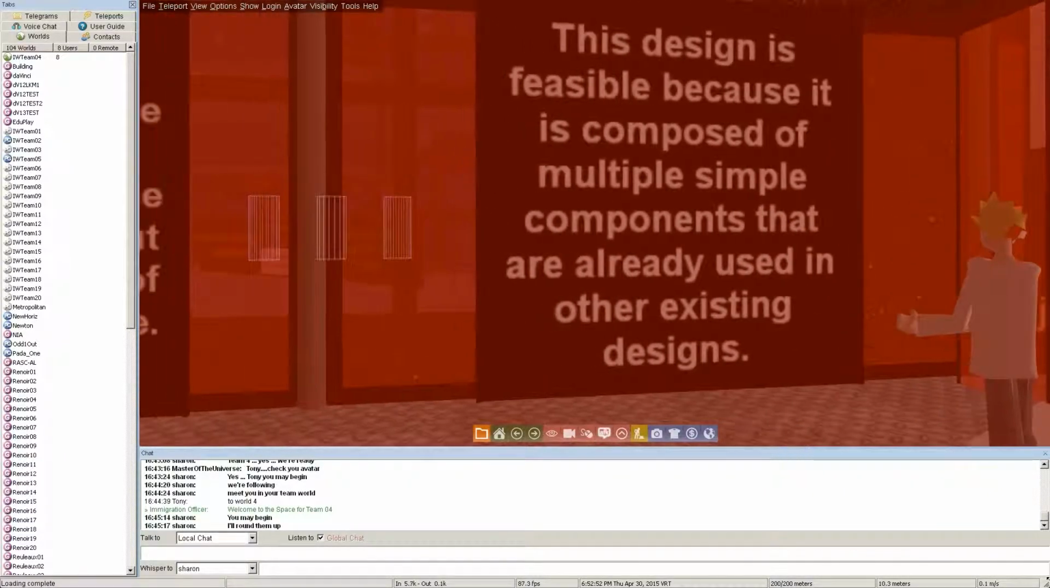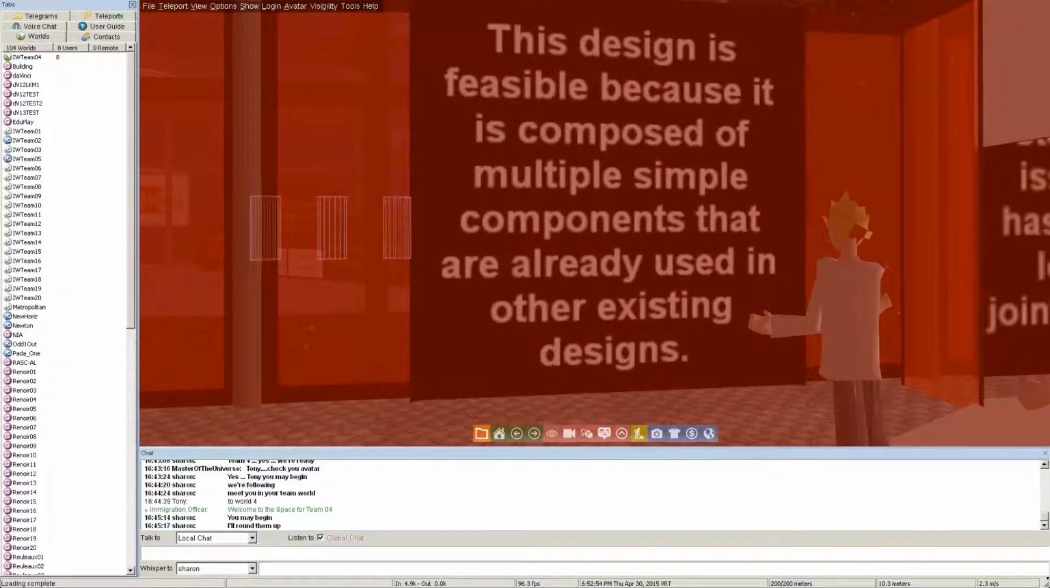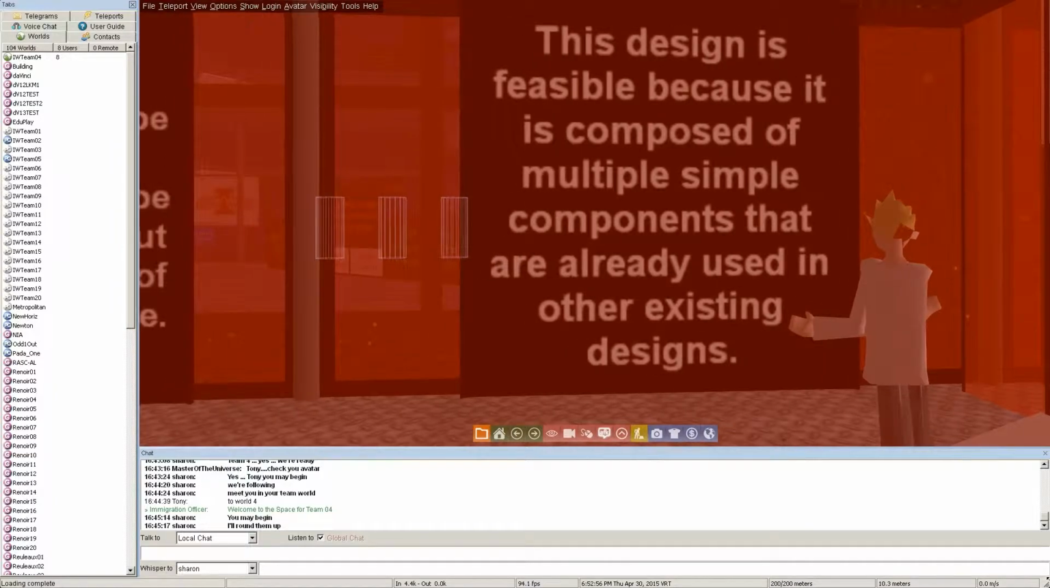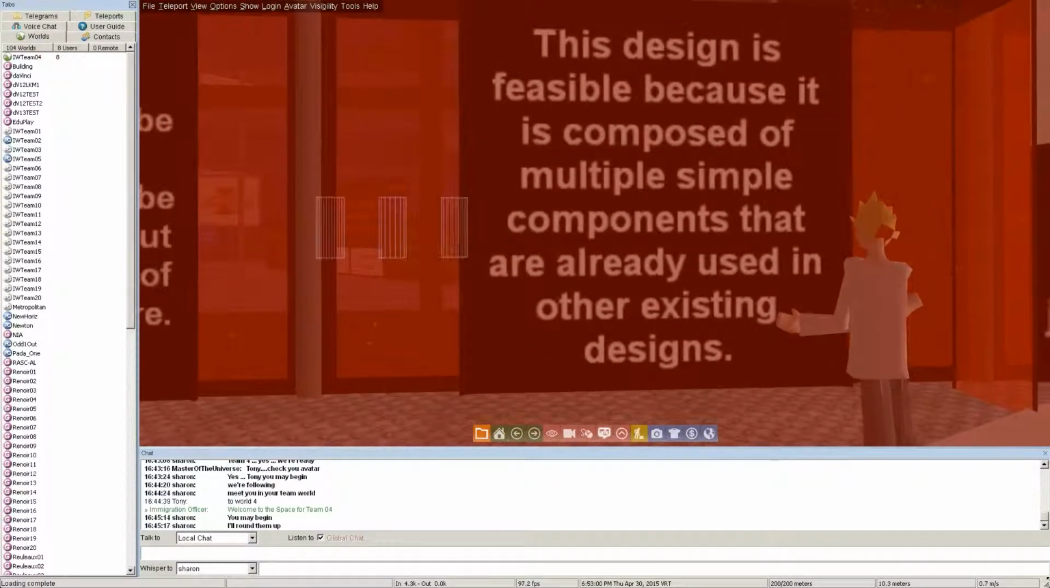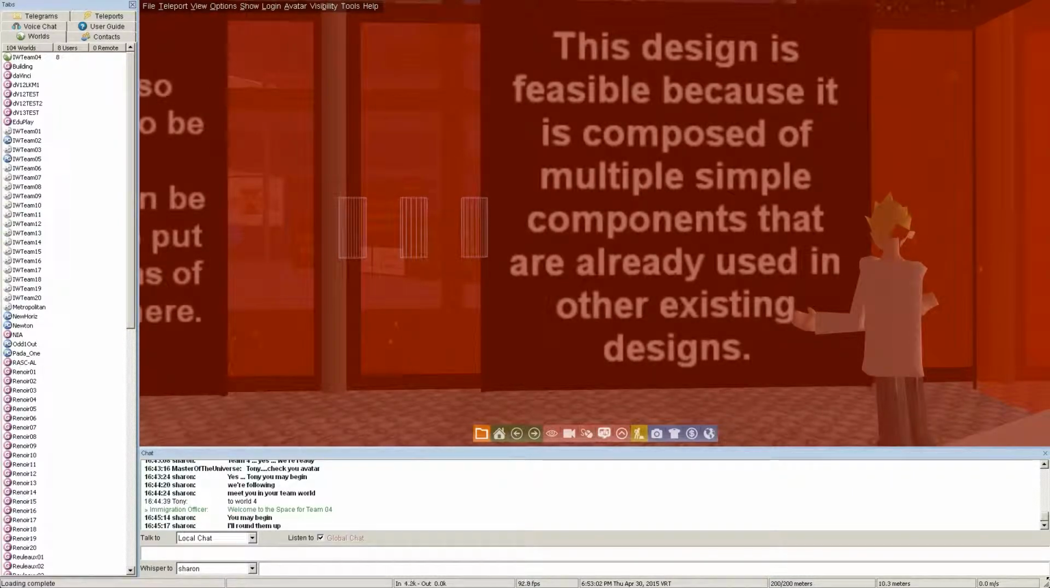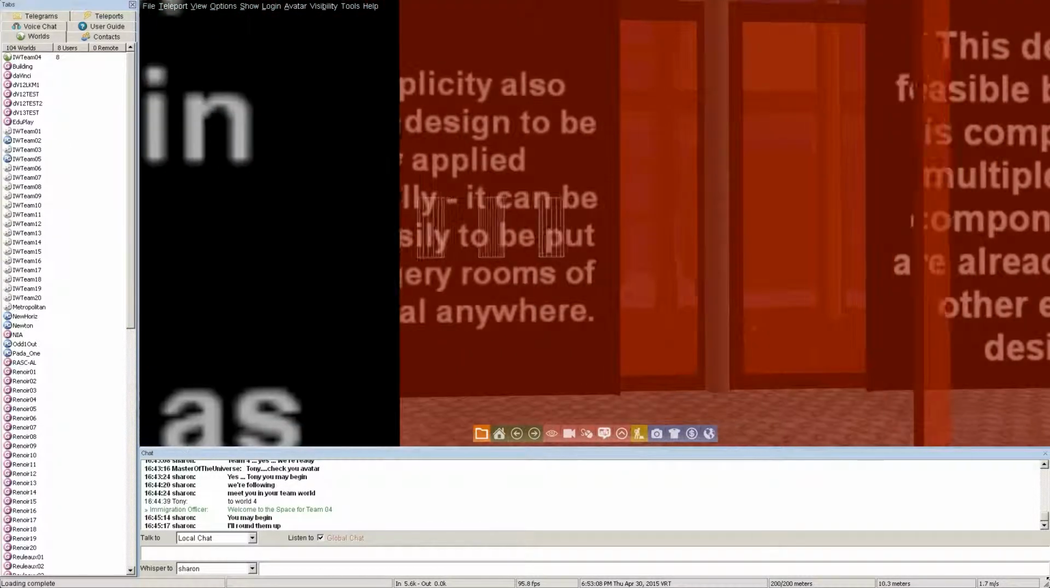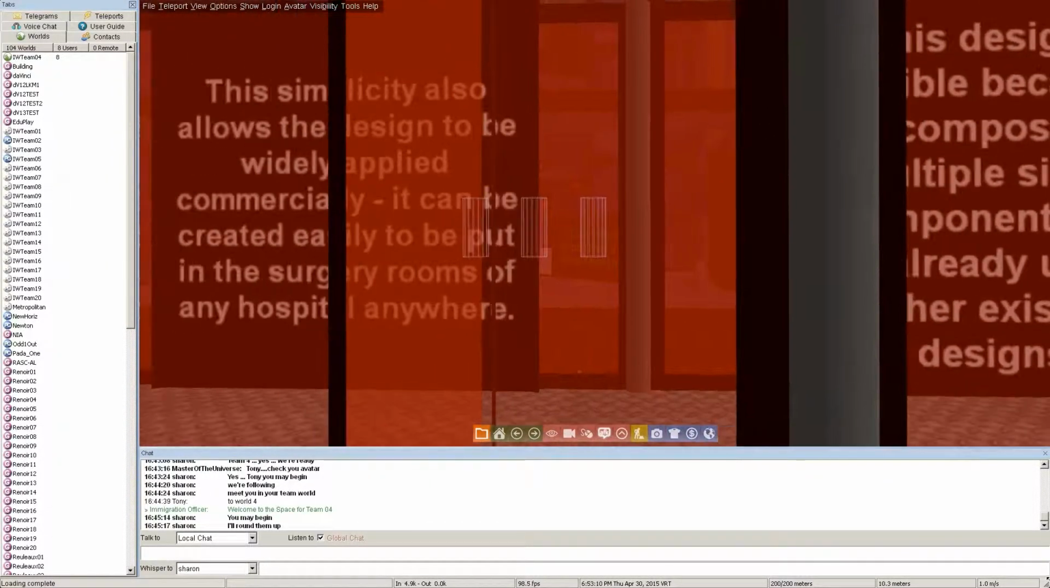I will now talk to you about our business application and the merit of our design. The design that we came up with was feasible because it's made up of many different parts that have been tested already and proven to work. The design is also very simplistic, so that it can be applied commercially and can easily be placed in hospitals